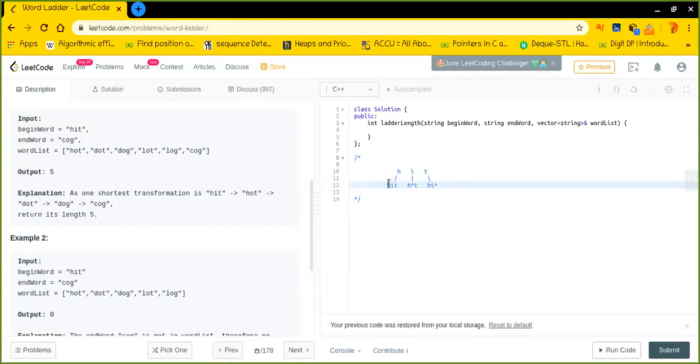What does the star mean? If I replace the star by any particular letter of the English alphabet, then I can say that the new string differs by only one character from hit. Let me quickly explore the first possibility.